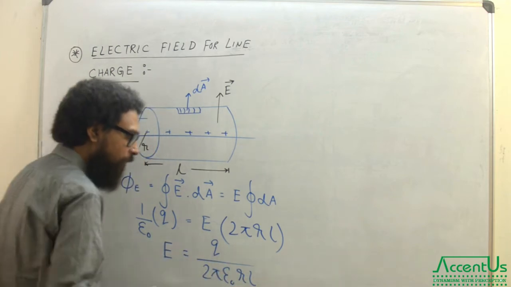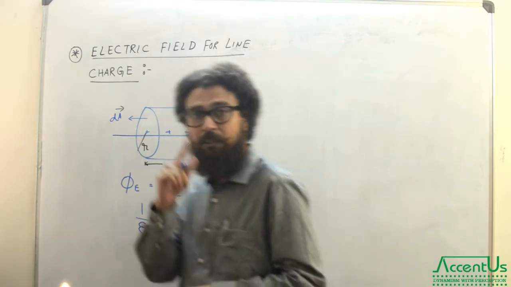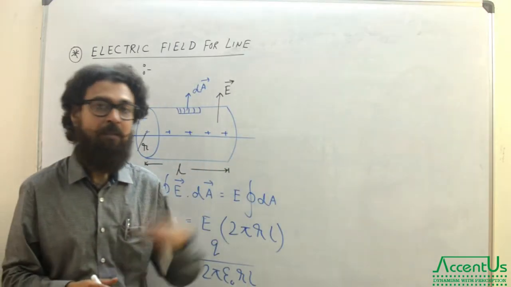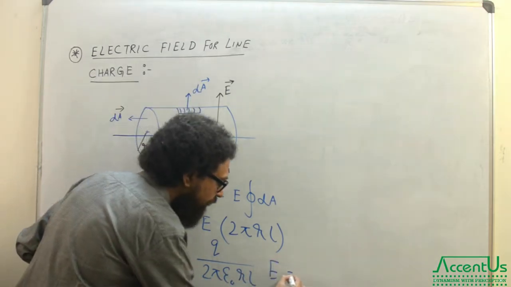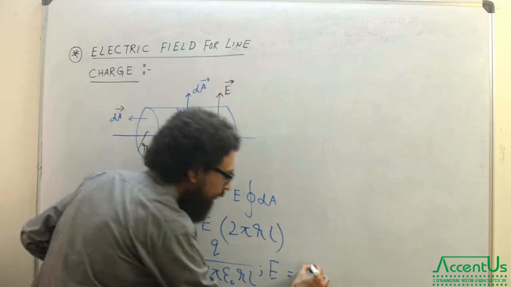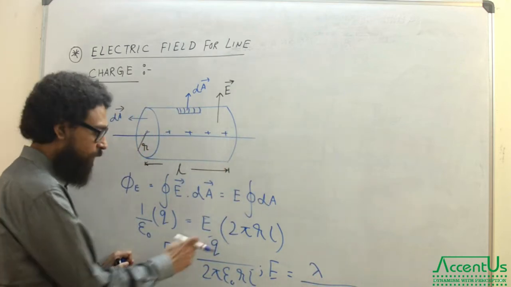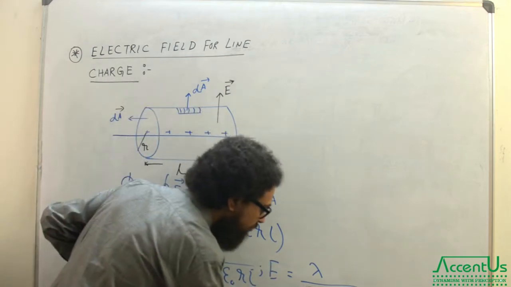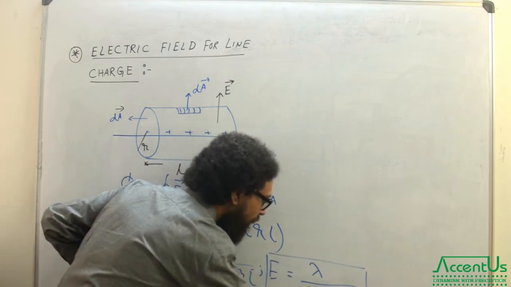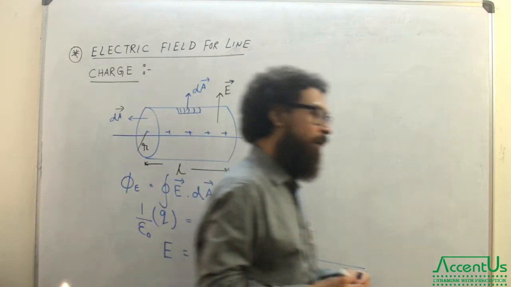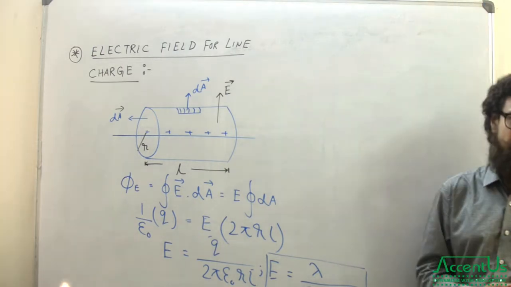Now you see Q by L. What is Q by L? Total charge per length. The length we have enclosed, and that is equal to linear charge density, as we know from the previous chapter. So finally, what will be the expression for electric field? The expression will be lambda, Q by L. Q and L, please don't confuse. Q by L is lambda. So 2 pi epsilon naught r, this is the expression for the electric field in case of the line distribution of charge or linear distribution of charge.